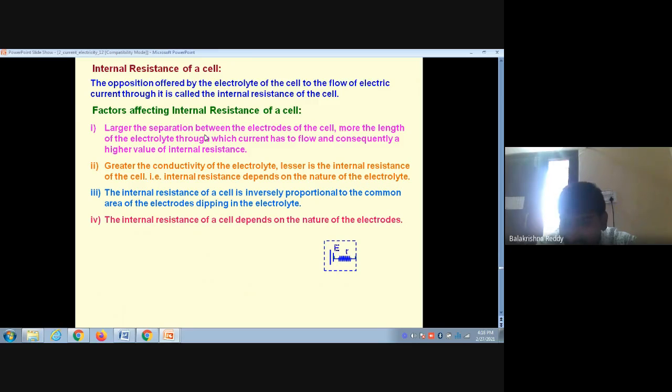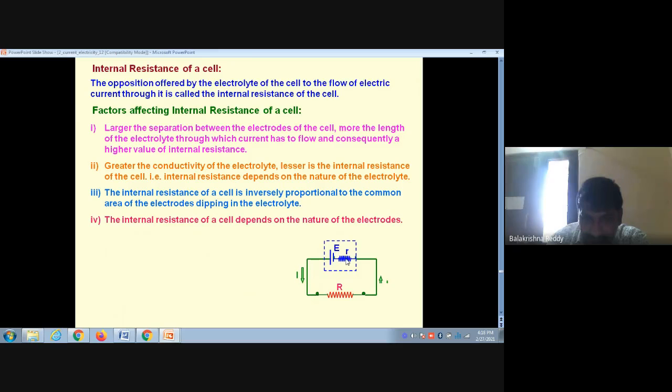Now you can see a symbol of EMF. This is an EMF. These dotted lines with a small resistance in the middle indicate completely that it is a battery, a battery having internal resistance. Remember always, this internal resistance in some books can be written between the two lines of the battery symbol or beside it. And these dotted lines kept mean this total is called the EMF of the cell. Okay, so the current passes from positive to negative in this manner.